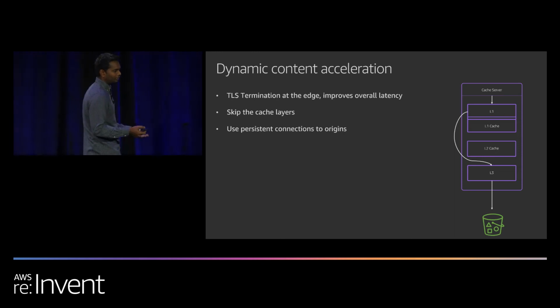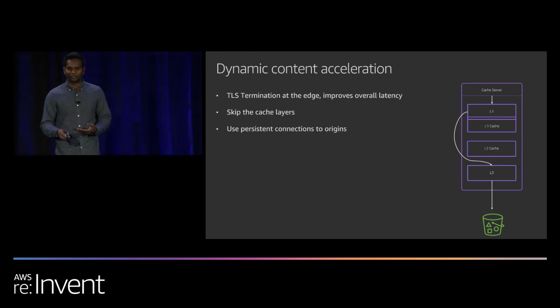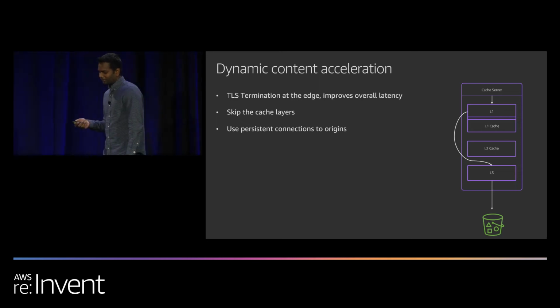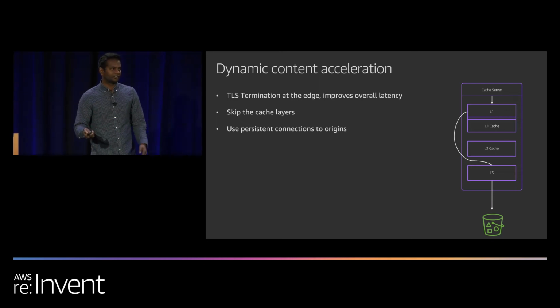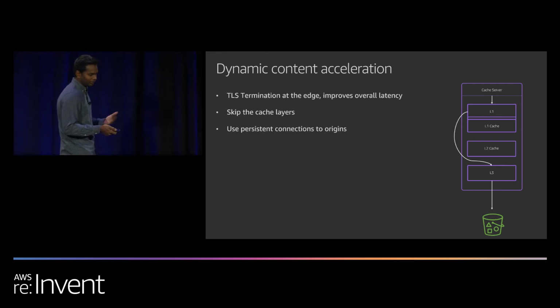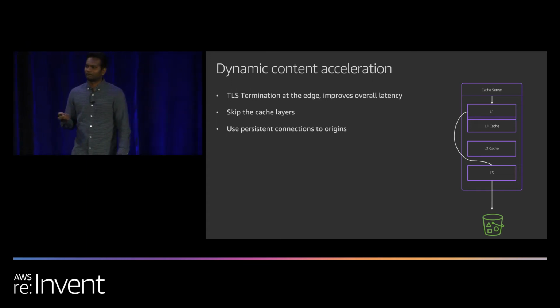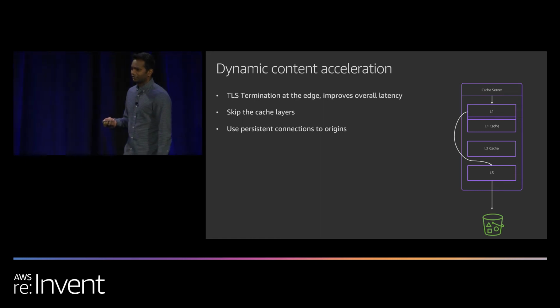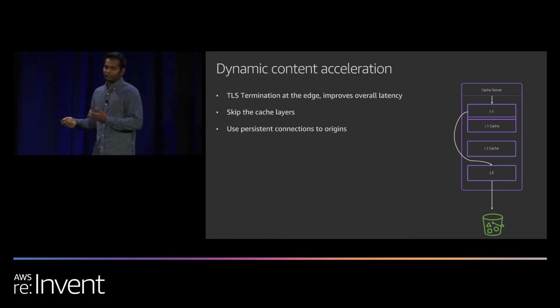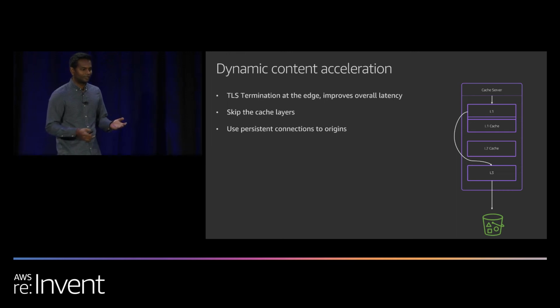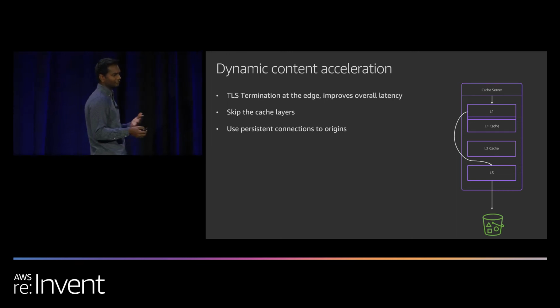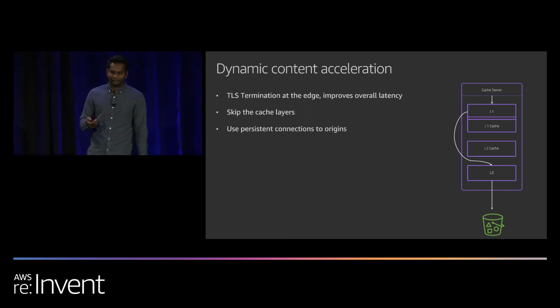What about dynamic content? How did CloudFront help Tinder? How did we make the Tinder use case much faster? There are a couple of things. The first one is the TLS termination at the edge, very important. But apart from that, when the request lands on the L1 server, we look at some of the distribution properties. For example, we look at the TTL you set in the distribution, and the different types of headers you want to forward to your origins. These properties tell us whether the response we get from your origin server is cacheable or not. And using that, we decide if it's a dynamic or a cacheable request.